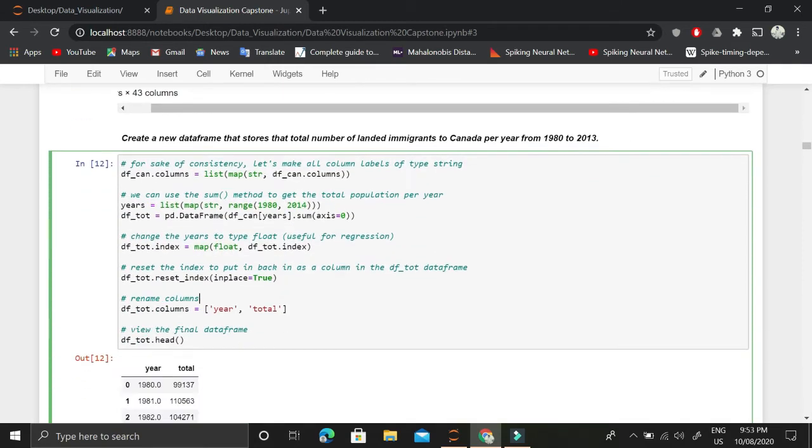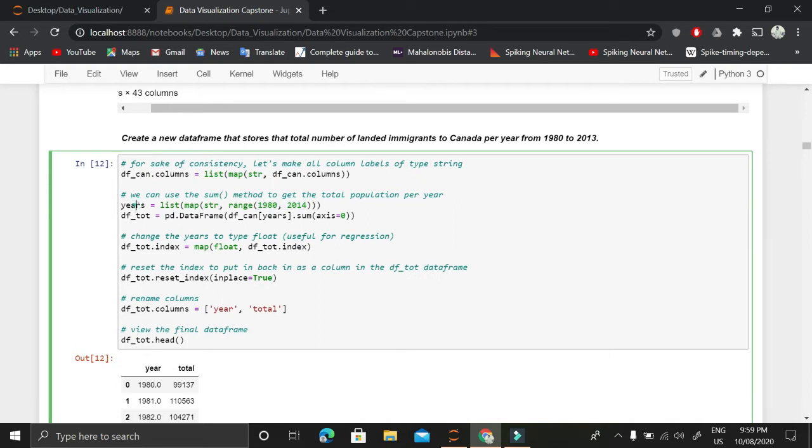But before that, we want to process the data accordingly. How do we do that? We will begin by converting the type of columns to string by using this map functionality of Python, and then we'll be converting it to a list. And then the years will be extracted out by making the list of values from 1980 to 2013, and we'll also be mapping it to string. So all of these values will not be integers, instead they will be strings.